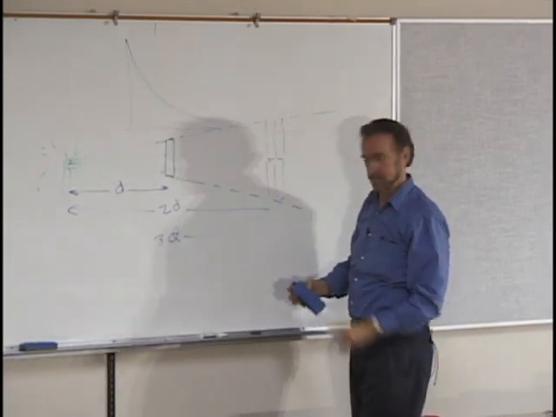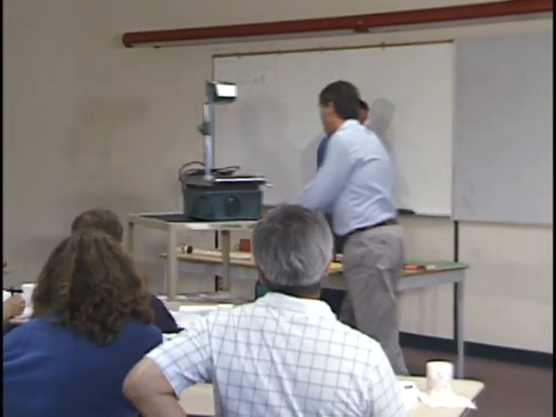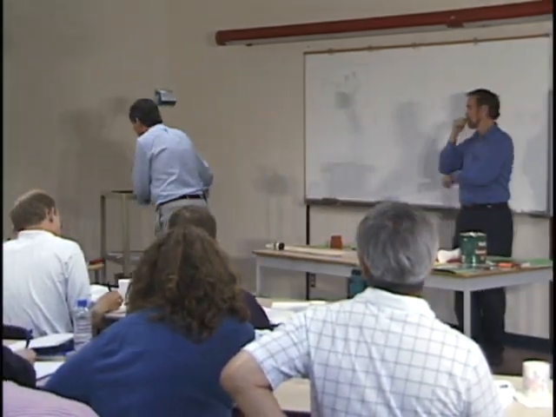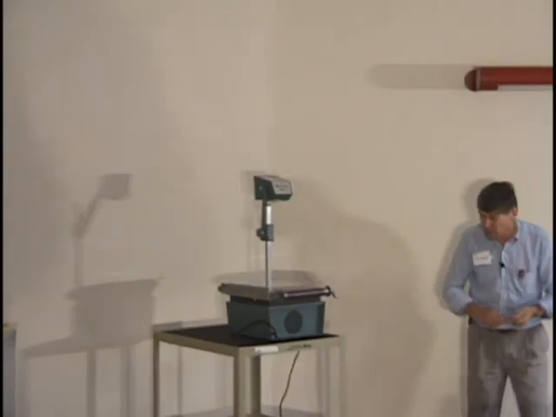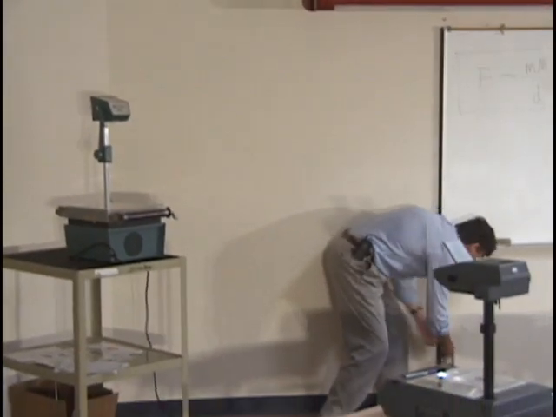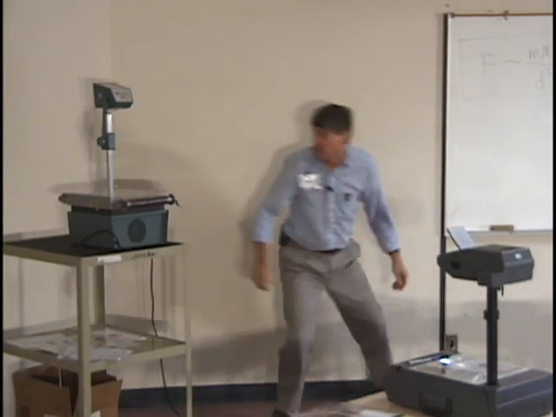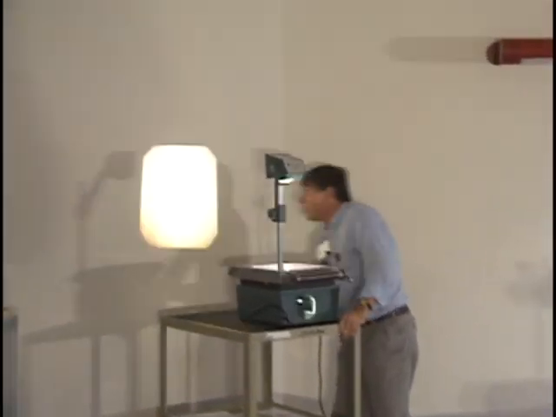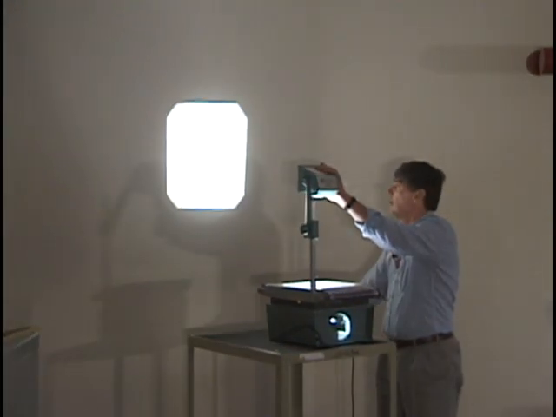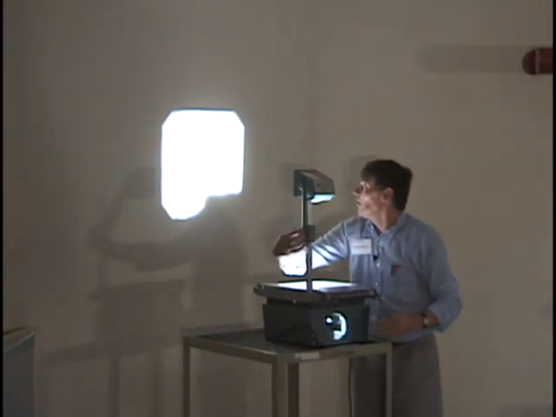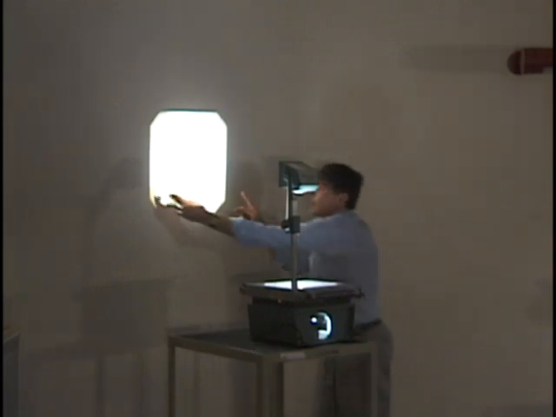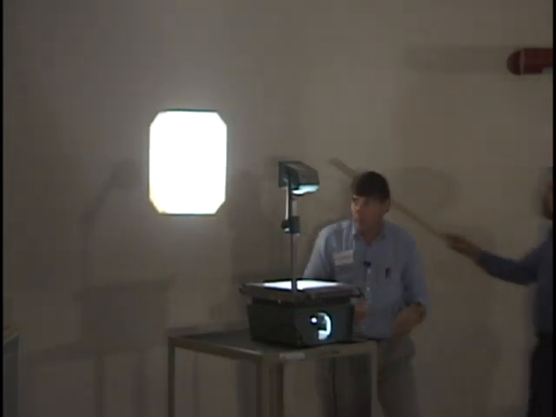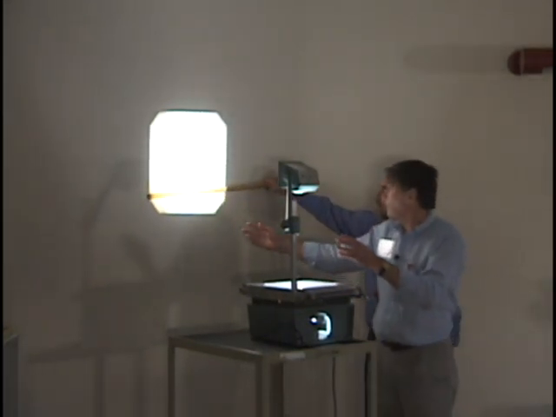1 over r squared. You start off with your overhead projector about 1 meter from the wall or your screen. And just look at the brightness that you get and the size of the light. Don't worry too much about focus. So it's about yay big. If I now come to 2 meters,